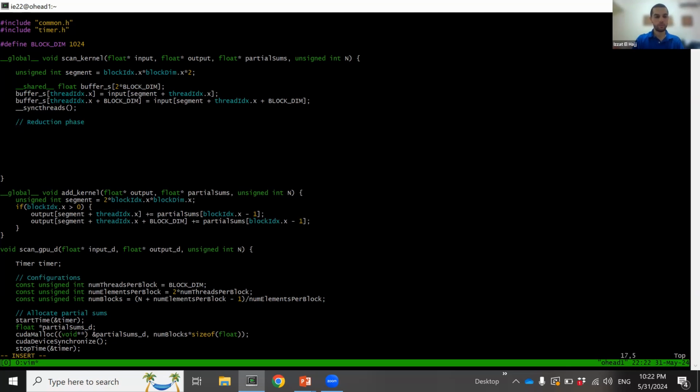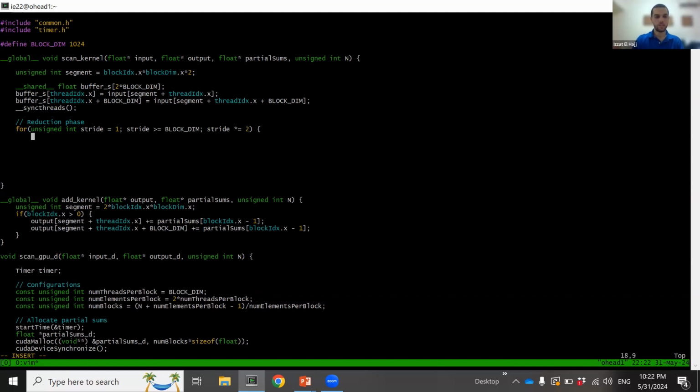We're going to write for unsigned int stride is equal to 1. Stride is less than or equal to the block dimension. Stride equals stride times 2. And then on each iteration, what's going to happen